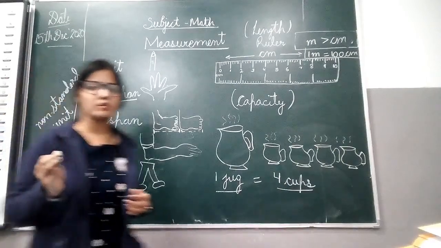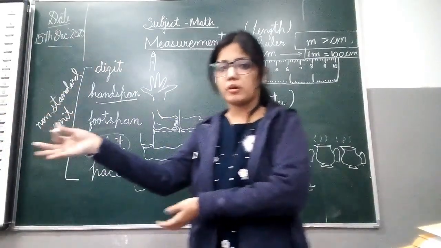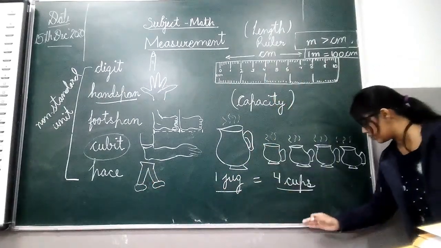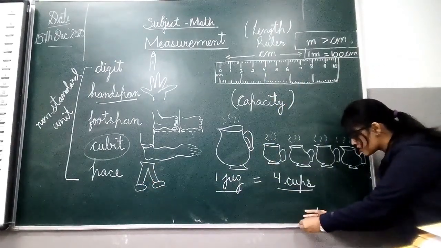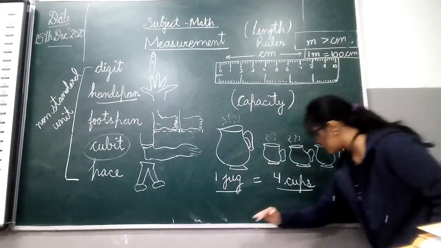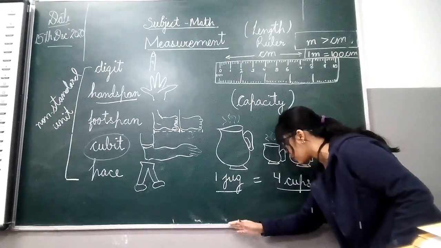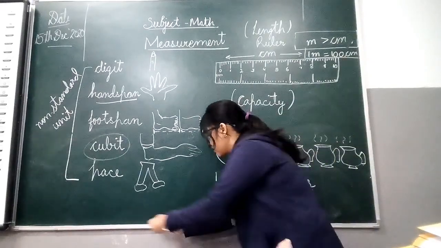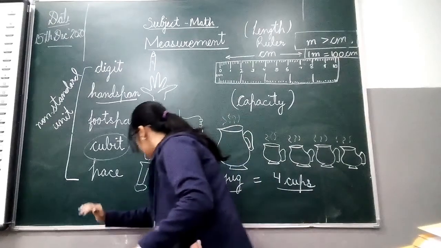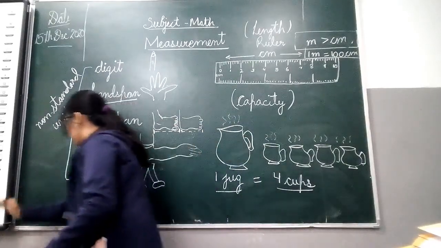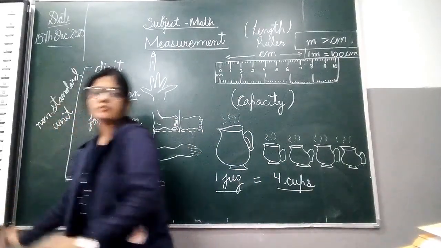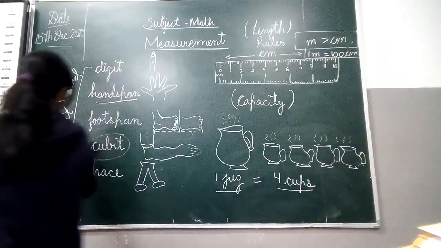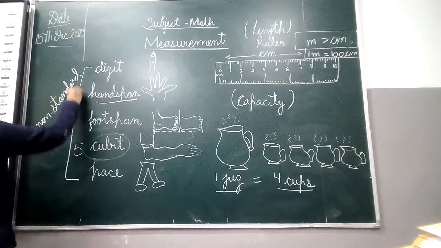What is a cubit? When we measure the length from our elbow till our fingers, it is called a cubit. Now check the length. This is 1, till here it is coming 1 cubit. Then I'll put my elbow on this point, and then this is 2 cubit, then 3 cubit, then 4 cubit, and then approximately 5. So the length of this board is also equal to my 5 cubit, and handspan was 10.